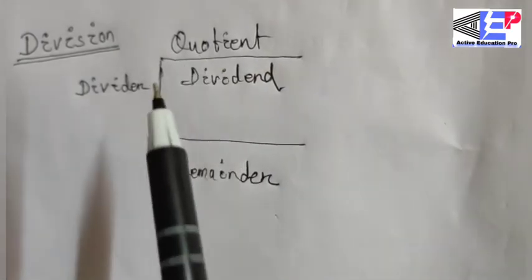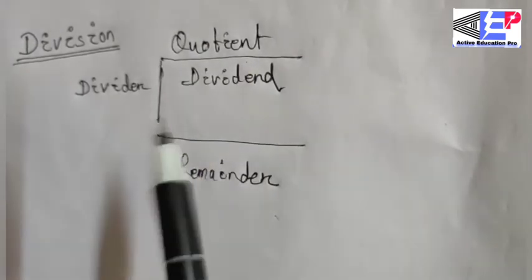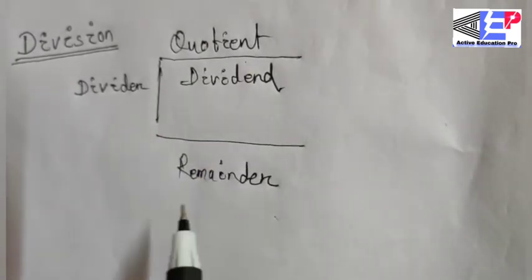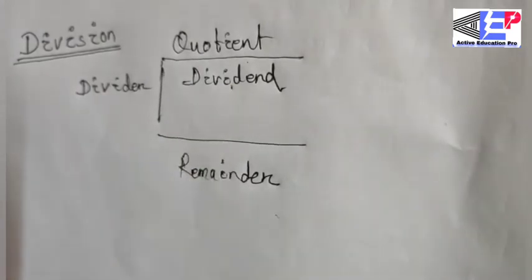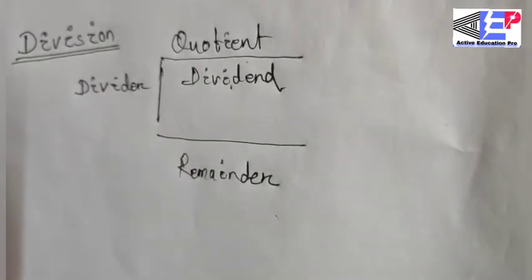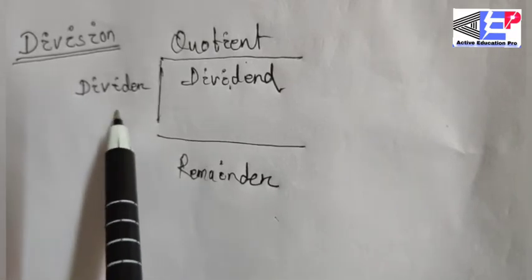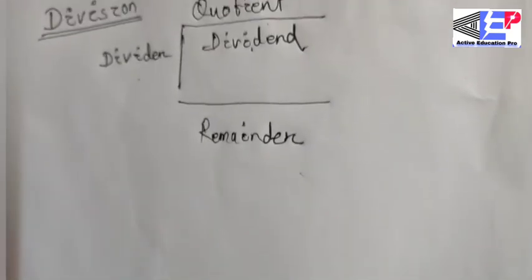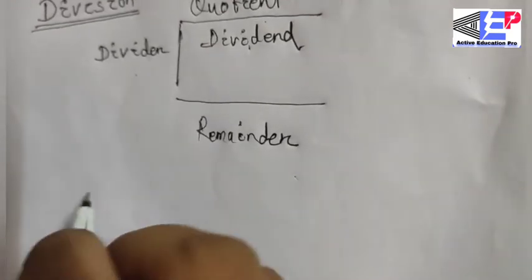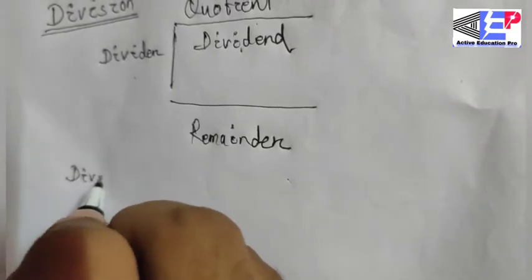I mean, our division result is known as quotient, and the number which is to be divided is known as dividend, and the number by which the division is done is known as divider, and the remaining number is known as remainder. We know some rules for division, that dividend